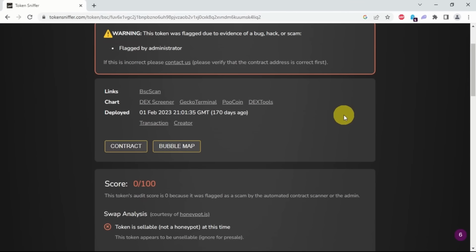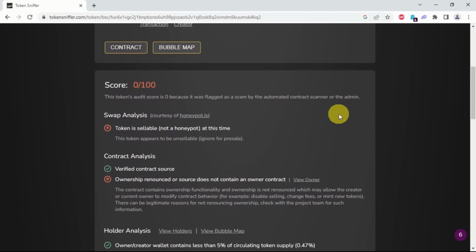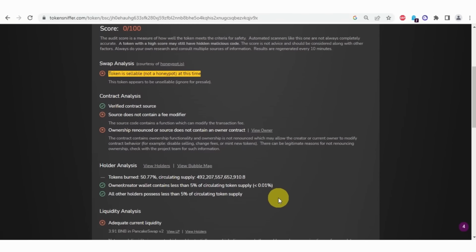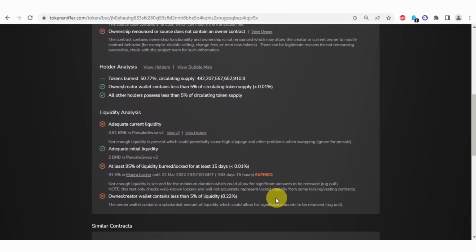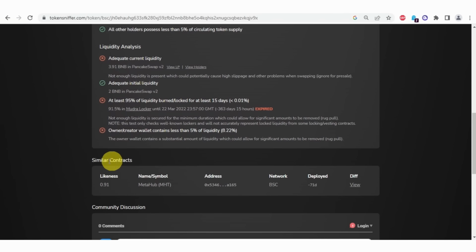As you can see, Token Sniffer has highlighted a warning about this, and the scan did not pass the honeypot test as the token is not sellable. So this is a very obvious flag that this token is a honeypot. Token Sniffer also gives you another warning about the token contract's similarity with other existing smart contracts.